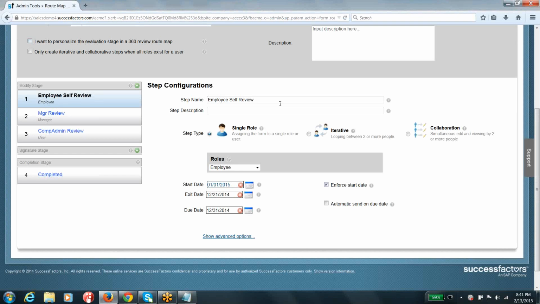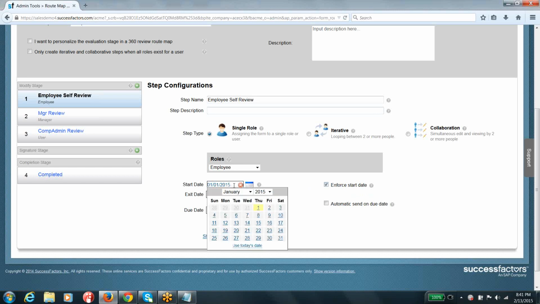But say if this checkbox, enforce start date, has been selected, you will not be able to work on that particular form unless your current date is either this start date or greater than this start date, guys. So that is how your start date and enforce start date are going to be helpful to you, guys.